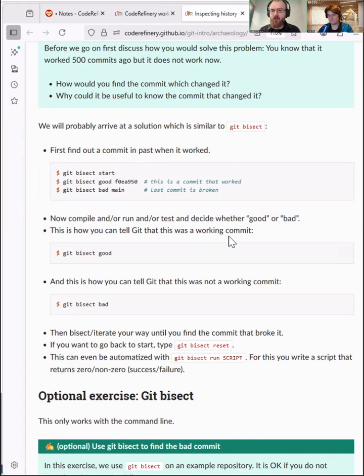Well, first you tell it that you want to do a bisection now, so you do git bisect start, and then you can tell it the good commit that is still working, the latest good commit, and the earliest bad commit, and then it will automatically check out commits sort of in the middle, and you can then test whether they are good or bad and tell Git, and then it conveniently, most efficiently searches for you the commits that you can test,